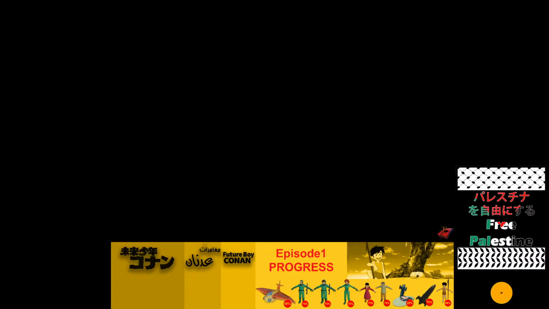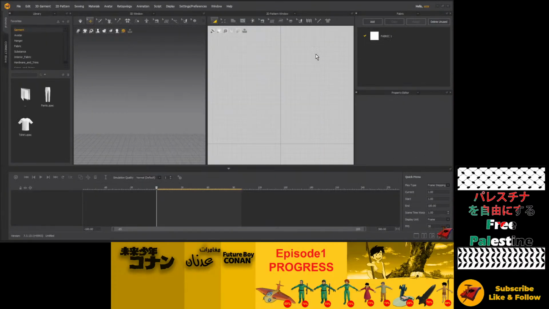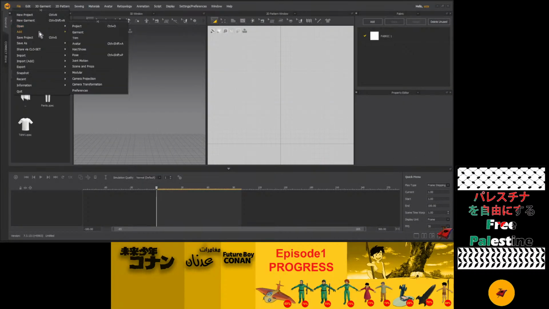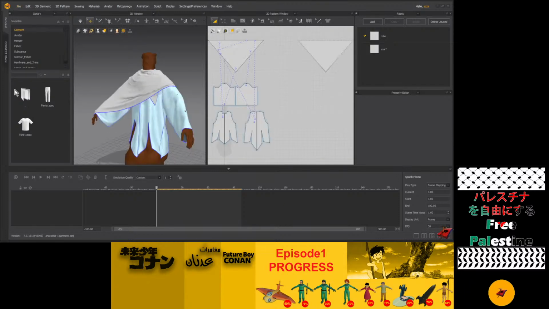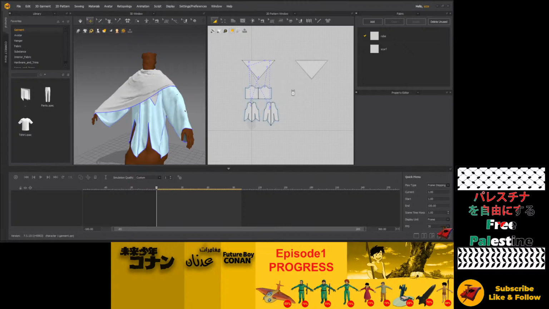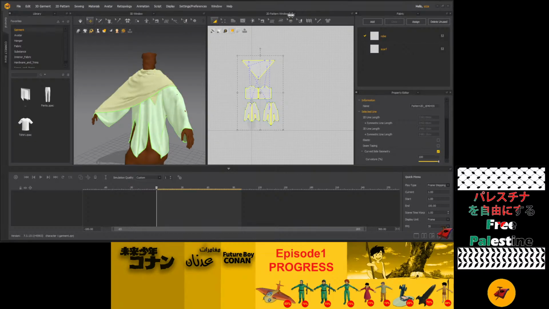So we are now in Marvelous Designer, and we go to our last recent project, this one. Okay, so the first thing you need to do is you have two things to do, two parts. First, you need to delete all of whatever we did on topology. We need to check the UV if it's still the same,